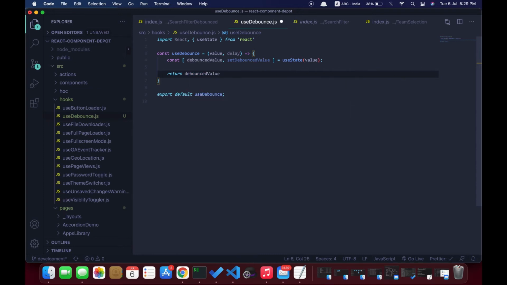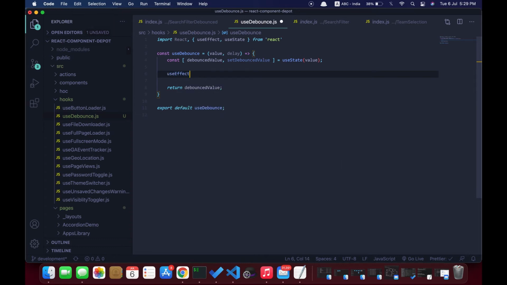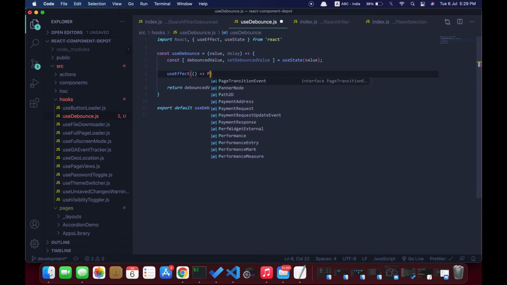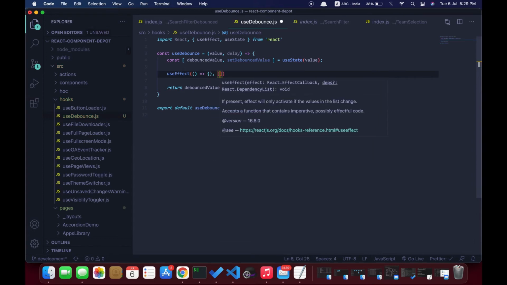To actually debounce the value, we are going to use the useEffect hook here. So whenever a value or delay changes, we need to trigger this callback. For this we are going to pass value and delay as a dependency for this useEffect hook.